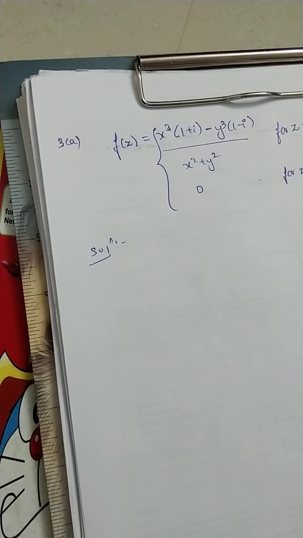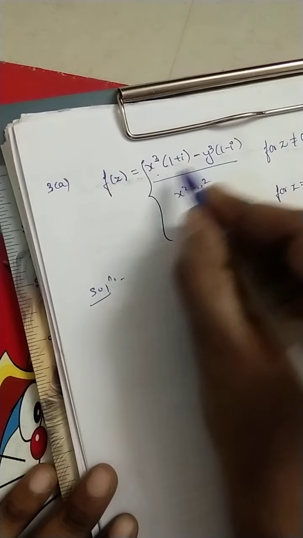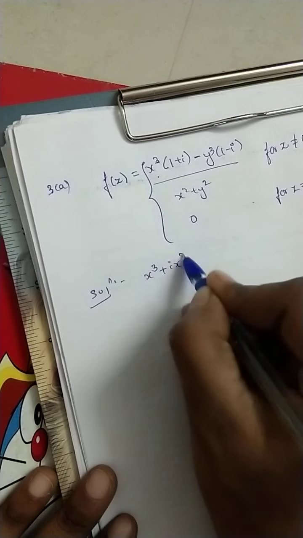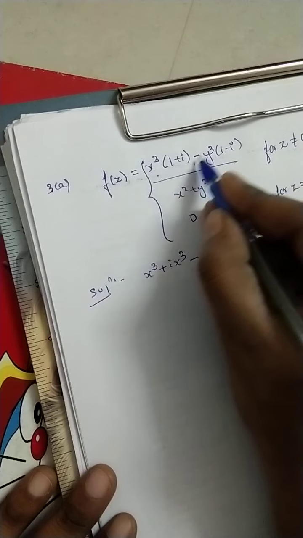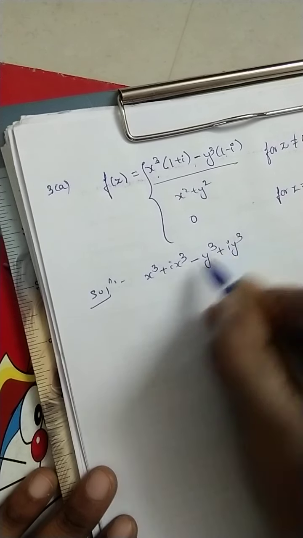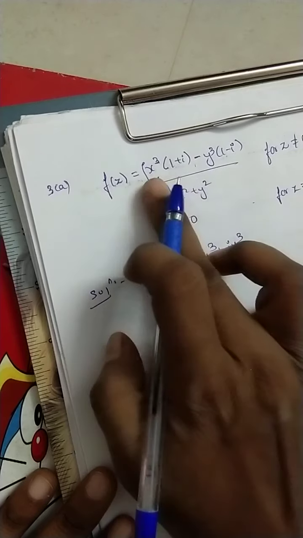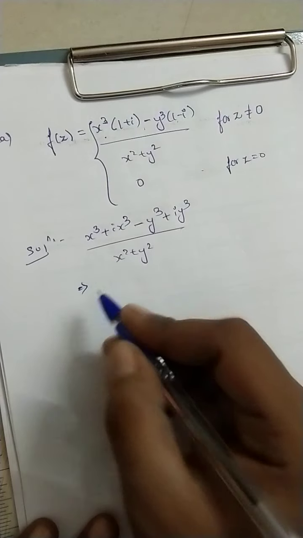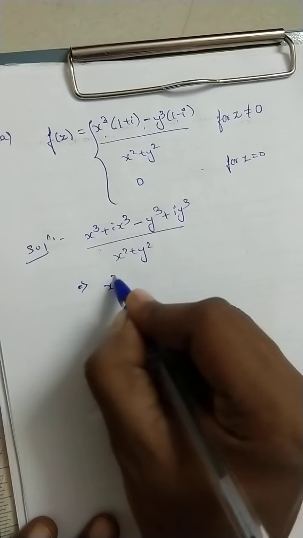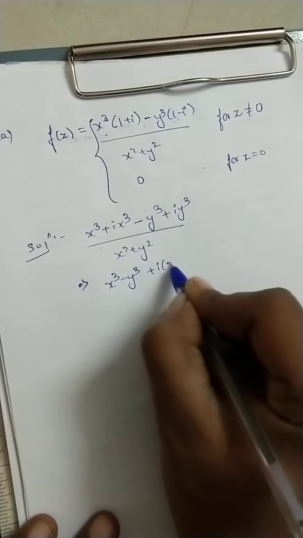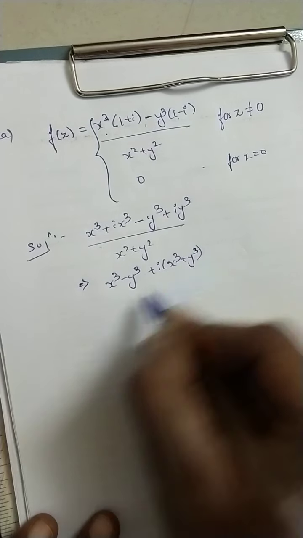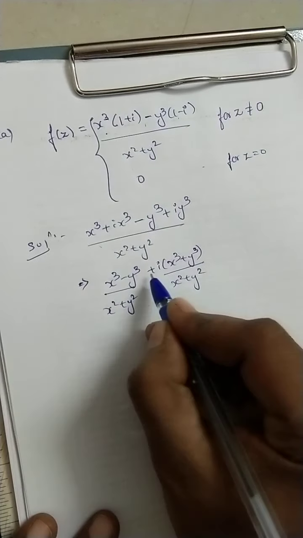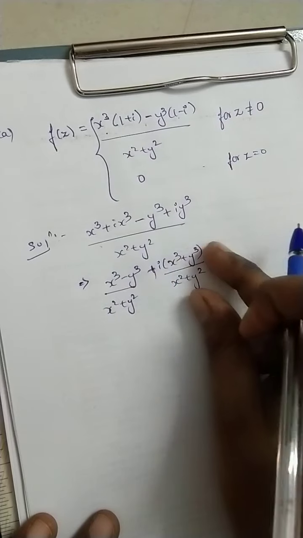First we have to separate the imaginary part, and for that purpose I will multiply the terms. Minus y cube into minus, plus i y cube, all divided by x square plus y square. I am just multiplying the values inside. After that, taking the real part x cube plus i into x cube plus y cube, whole divided by x square plus y square. So, the real part and the imaginary part.